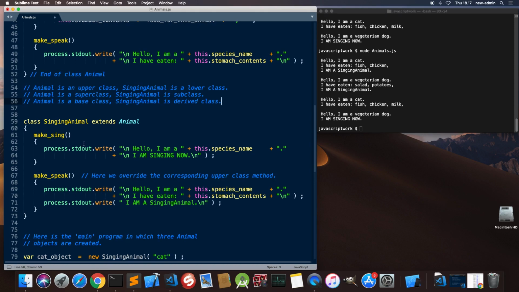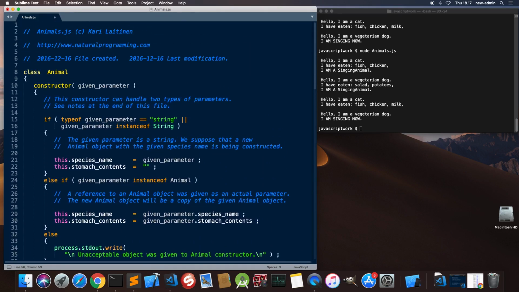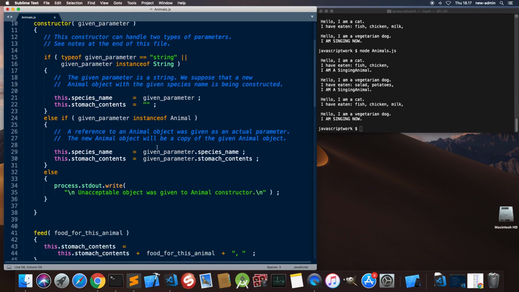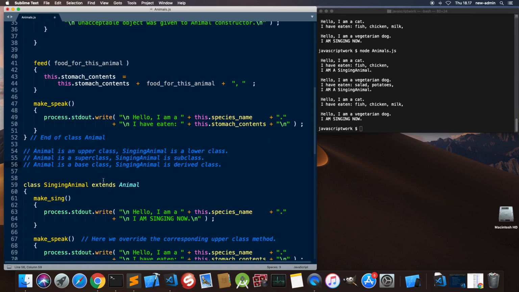But it is so that when you don't write a constructor to a derived class, we can think that the execution environment for the program automatically creates a constructor that uses the upper class constructor, so that in this case a constructor like this